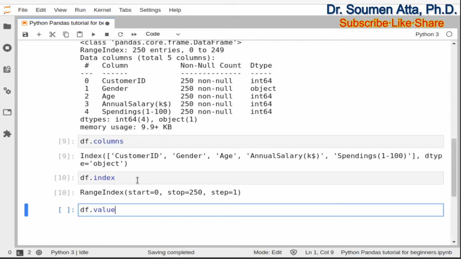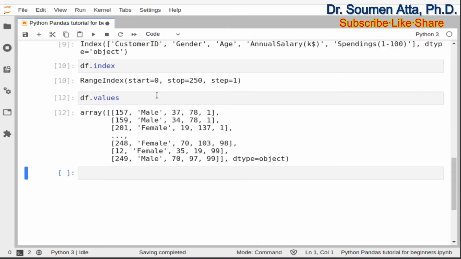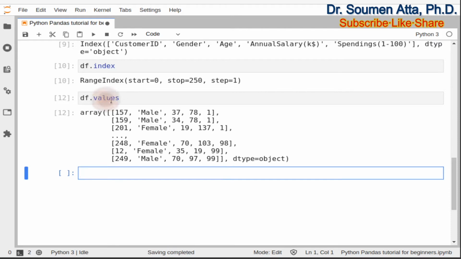This will return a NumPy array. df.values returns a NumPy array which contains only the contents of the rows without having the column names and row indices. This attribute values of a data frame is very useful when we want to extract only the values of the rows, but we are not interested in the attribute names, that is the column names and the row indices of the data frame.